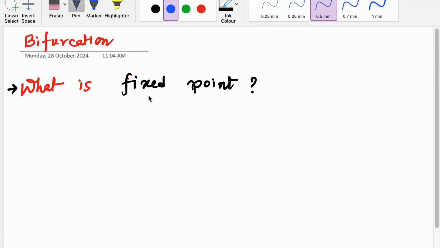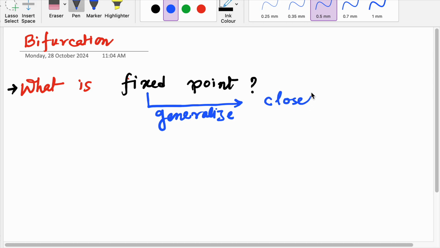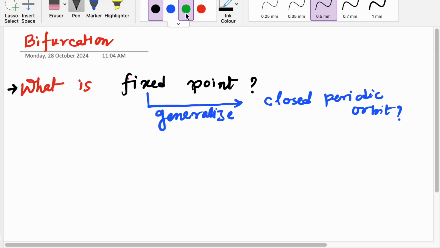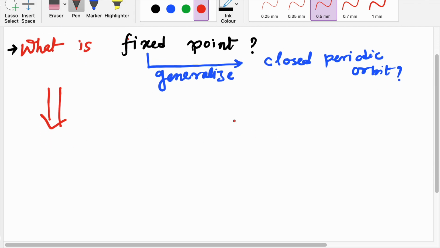Another thing we have done, we generalized the definition of fixed point, and we know what a closed periodic orbit means. Then we extend or refine the concept of fixed point or closed orbit to the point